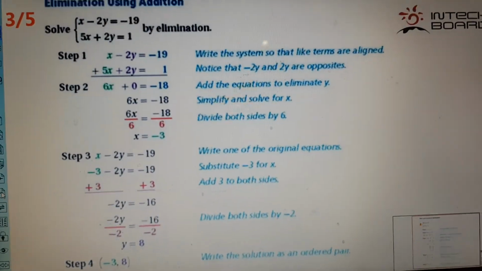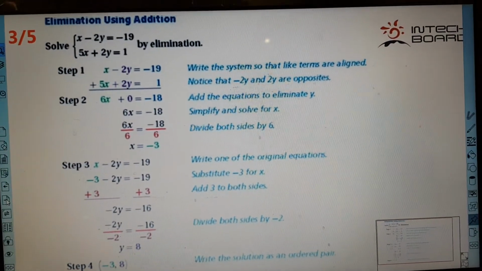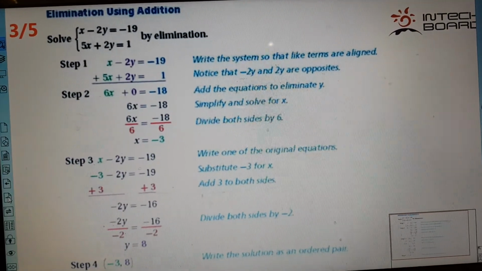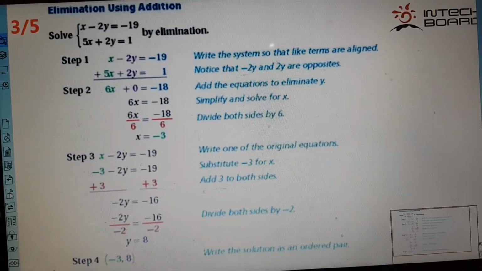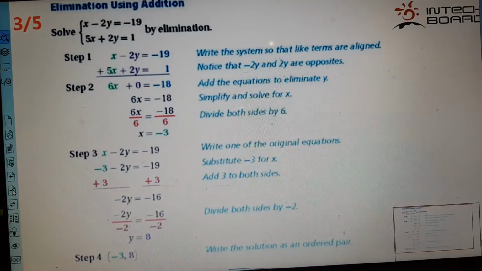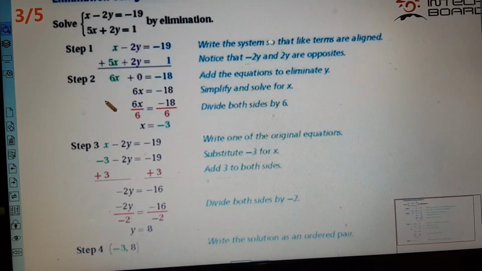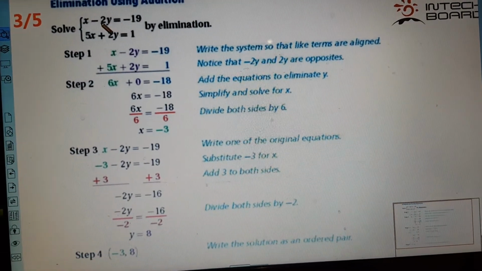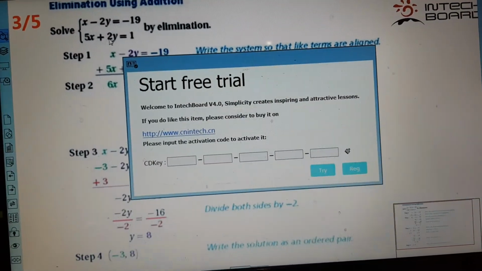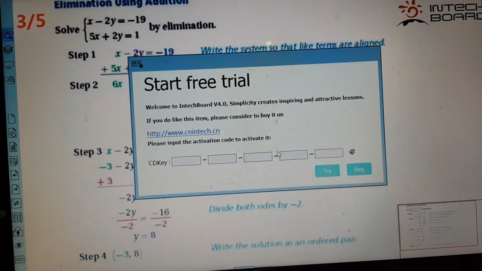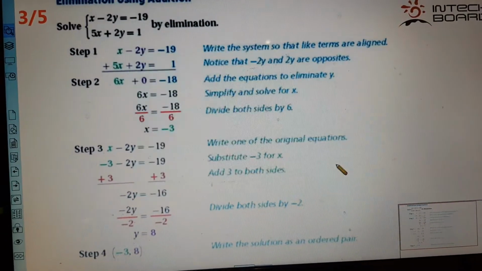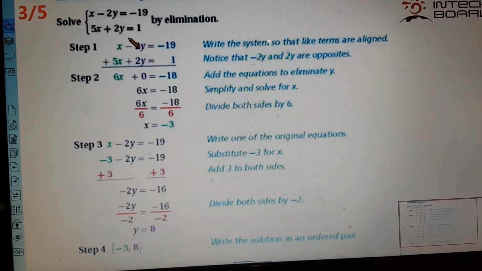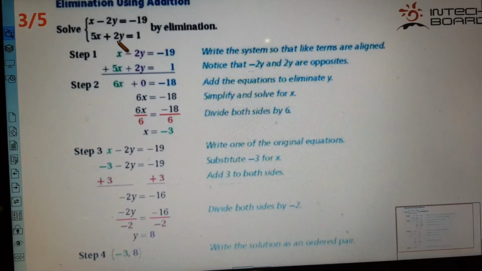By elimination. Elimination means we should cancel y or x. If we have the same coefficient, we will eliminate directly. Like here, I have negative 2y and positive 2y. Same coefficient, number 2, the number in front of y or the number in front of x. Remember, if you have